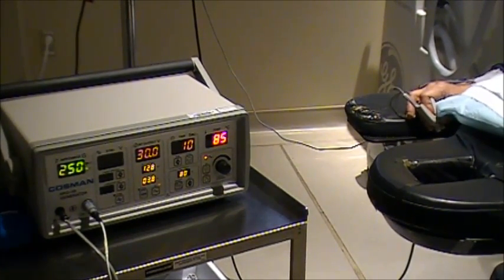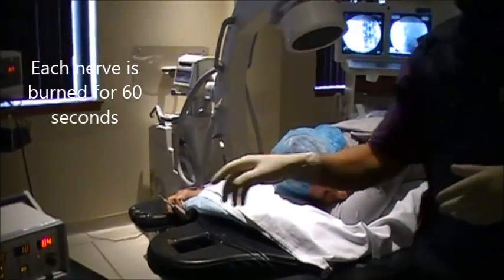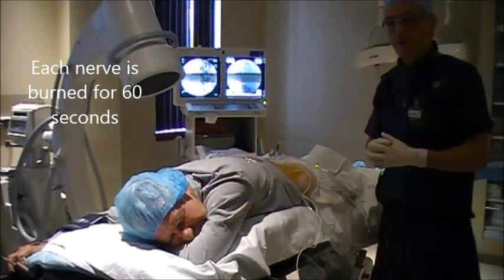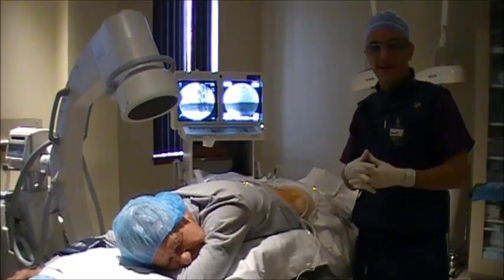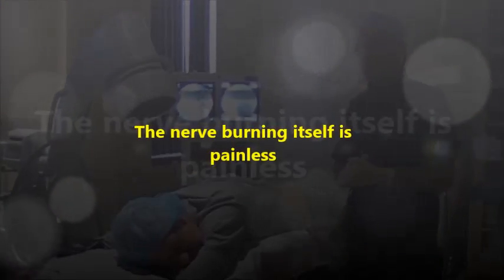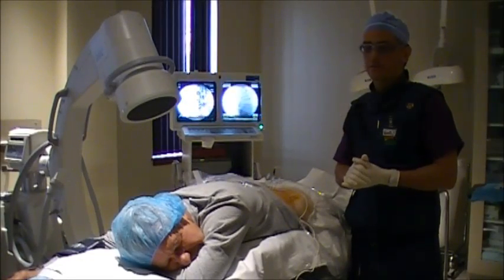And just let me know if you feel any pain, Dave. This procedure will be performed for 60 seconds. After 60 seconds, we will repeat the procedure at each of the other 3 needles. Some doctors may do 85 or 90 degrees Celsius. Some doctors may do 90 seconds or 120 seconds. Some doctors may rotate or adjust the tip of the needle and then burn again. But in our experience, a simple 60-second burn in properly placed needles at 80 degrees to 85 degrees Celsius is